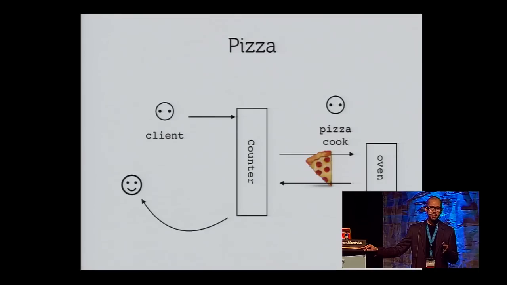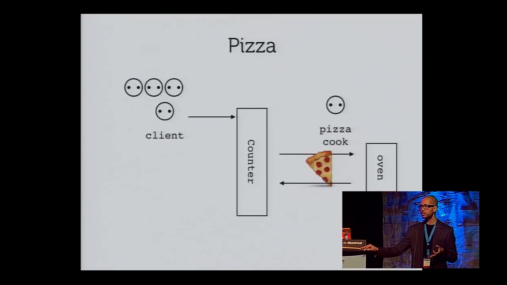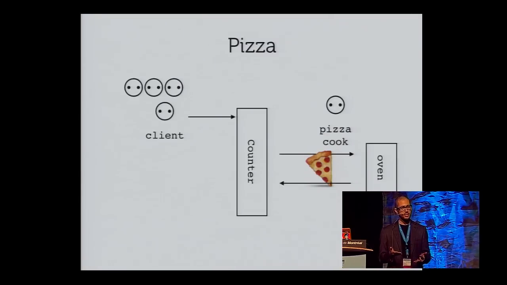So in this case, how do you scale out the pizza cook? How do you deal with multiple clients showing up at once? Here, you wouldn't want the pizza cook to act like a sandwich maker. You don't want the cook to address a single client and then stand around idly for 2 minutes until the slice is hot, then give it to that client and then ask the next client, hey, what kind of slice do you want? If you had to devote a single pizza cook to each client, you would run out of space behind the counter before you run out of space behind the oven.